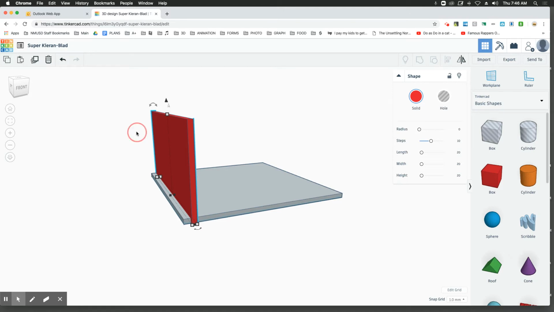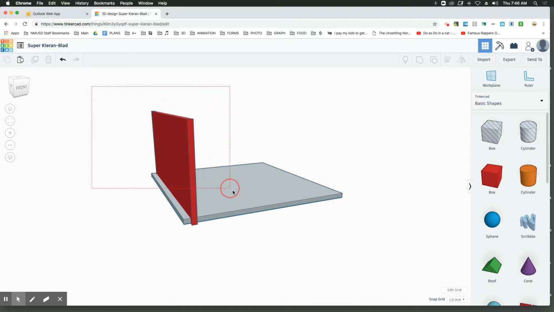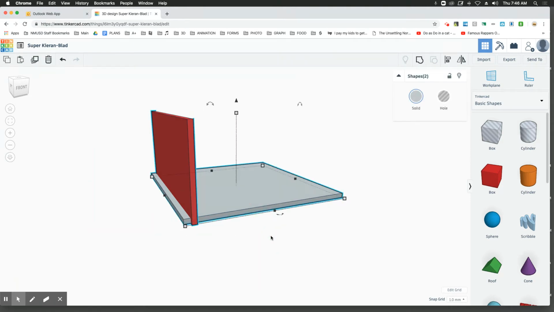To make this aligned, I'm going to select both shapes. To select both shapes, I could just click and drag over them. This red little box appears. Awesome. So that has selected both of them. And now I'm going to hit L on my keyboard or go up here and choose the align feature. Align. Watch what happens when I hit that. These little controls pop up